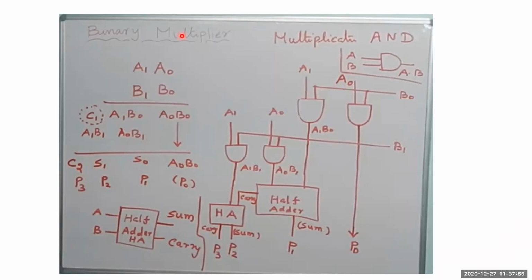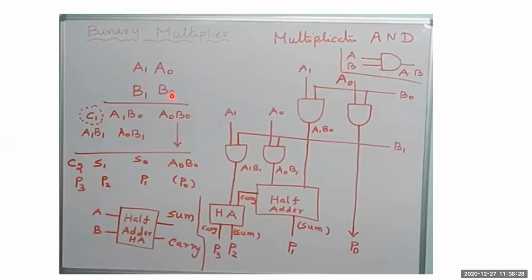So see, first, the binary multiplier. Take it as a 2-bit binary multiplier. A naught, A1 and B naught, B1 are multiplied. You can see now, for the multiplication, an AND gate is used where A and B are the inputs and the output will be A dot B. So if it is A naught A1, B naught B1, first B naught is multiplied with A naught, and I get one partial product called A naught B naught.